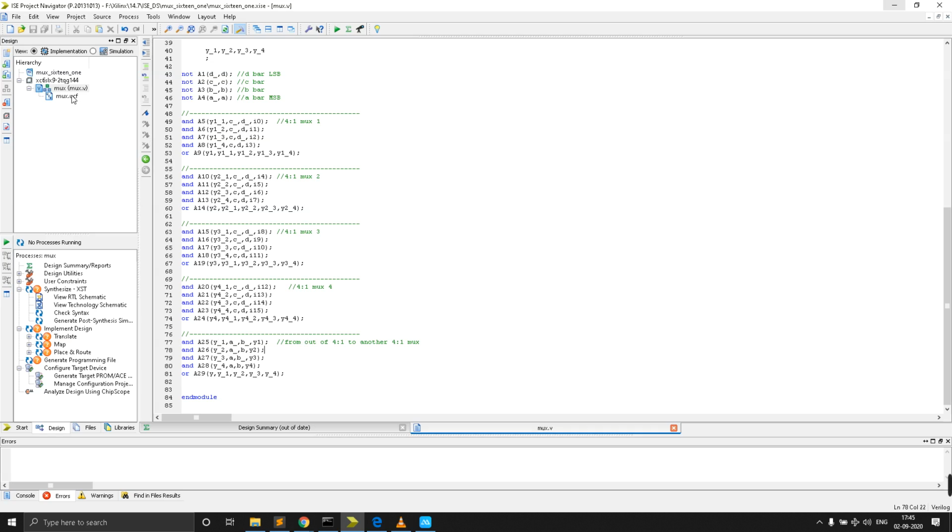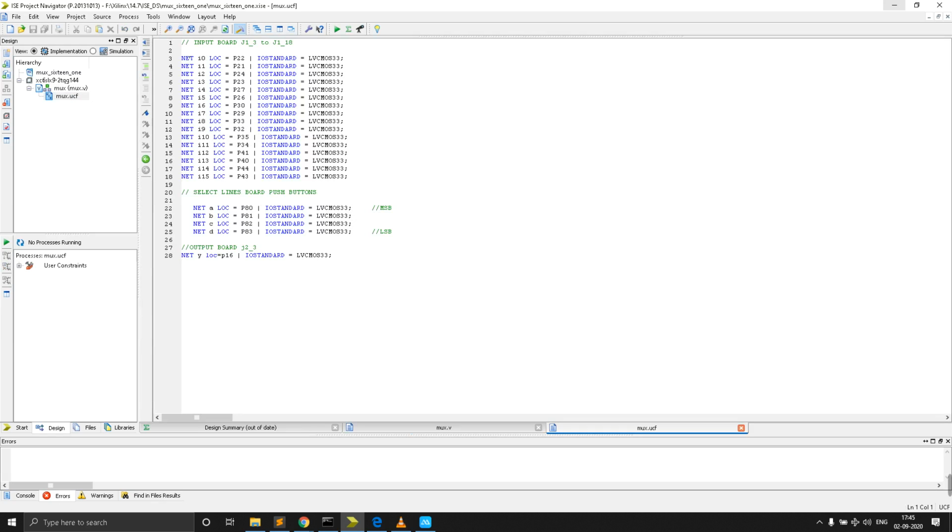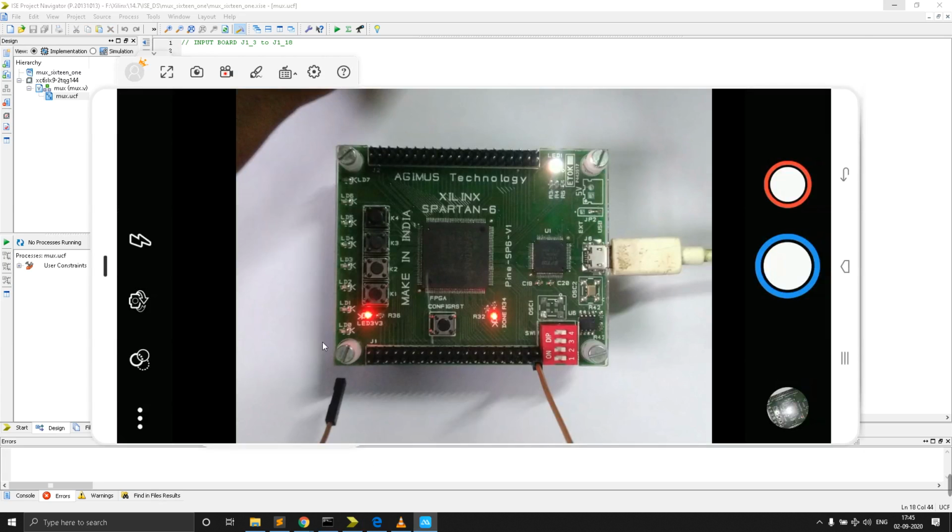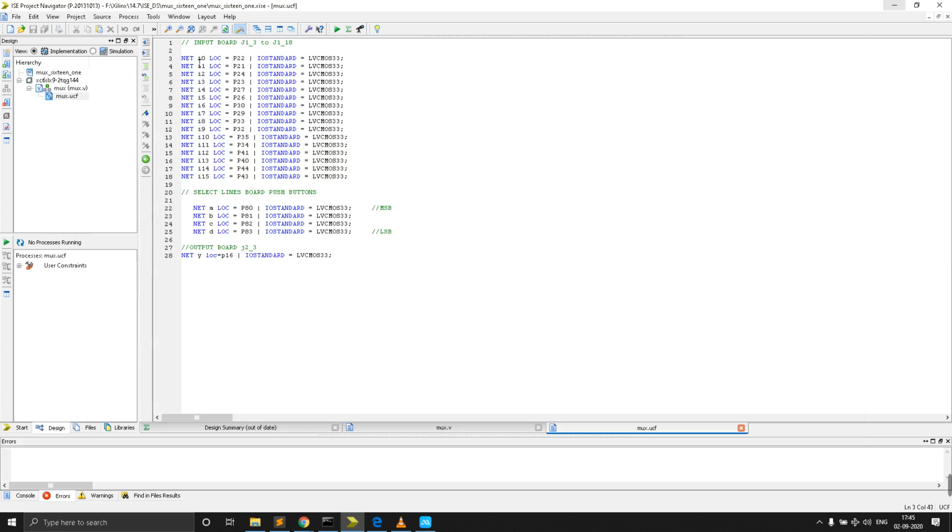And here we see its pin configurations. This is the J1 port on this board. Starting from here, these two are the grounds and these two are the VCC, 3.3 volt. Then 0, 1, 2, 3 like that it starts. These are from 0 to 15, and these four are the switches. I will show that.